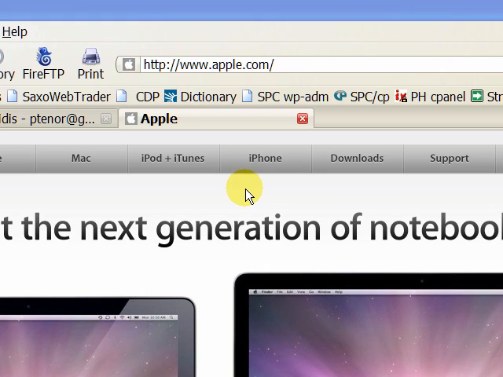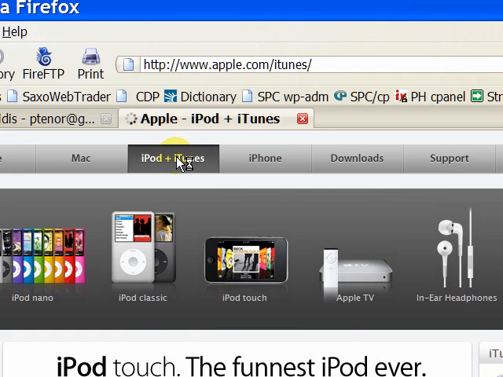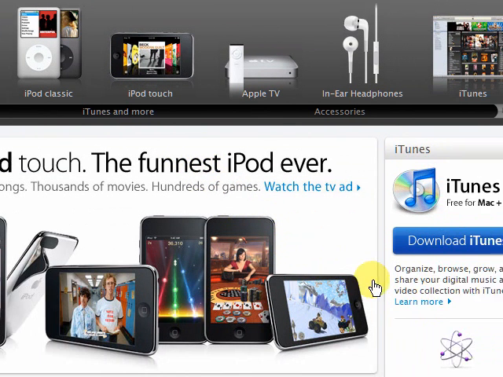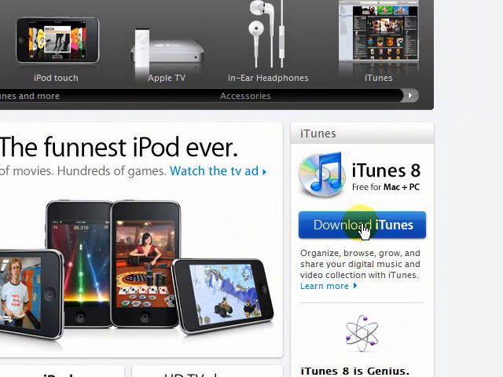iTunes. I use iTunes for this purpose, so go to apple.com, as you can see in the URL space, and then click on the iPod and iTunes tab, and come to the right hand side here where you'll see download iTunes. Click on it